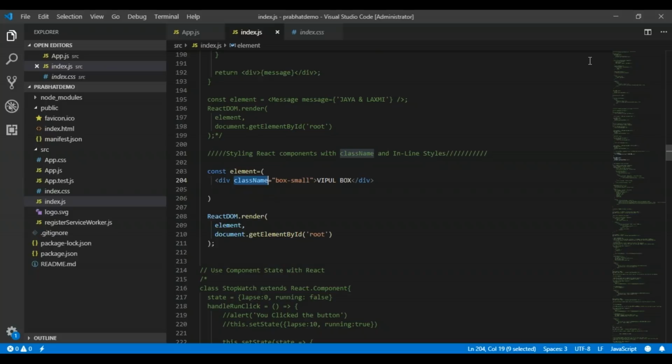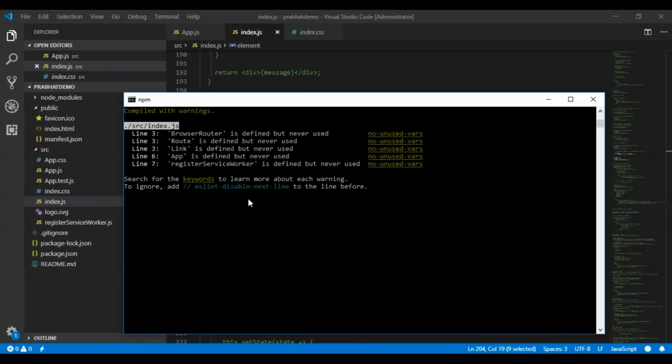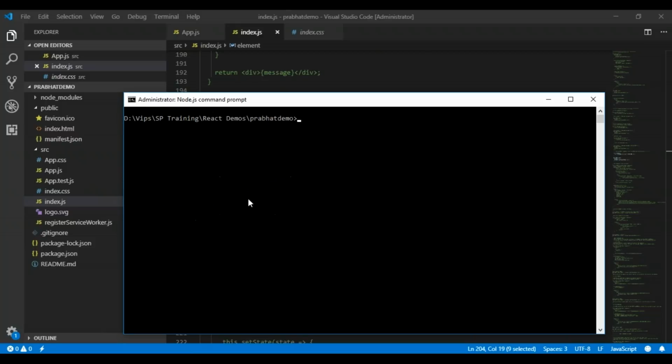Now I will show you a very good example of React.js, of how you can implement multiple choice question kind of functionality in React.js. Very important to understand. So let me close this. For stopping this npm start, you can press Ctrl+C on your keyboard. It will ask whether you want to terminate the batch job. You can press yes and then press enter.